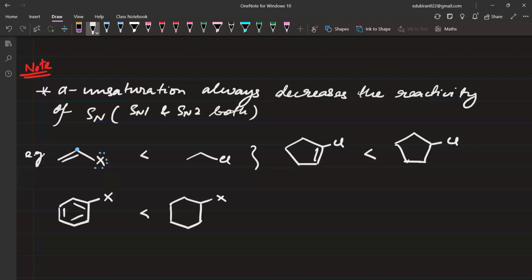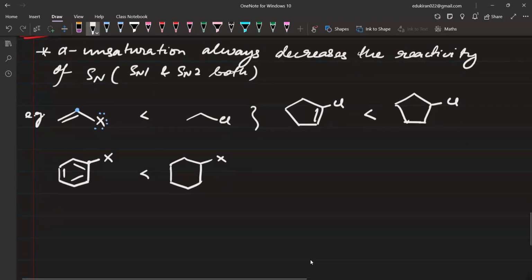Okay. So here also the same thing. This is the alpha carbon, and वहाँ पे unsaturation. That means there is a double bond of the alpha carbon. Now, why it is happening? Please see. It is decreasing the reactivity of SN1. So first of all, we'll see why it is decreasing the reactivity of SN1. Please write with me. In SN1,